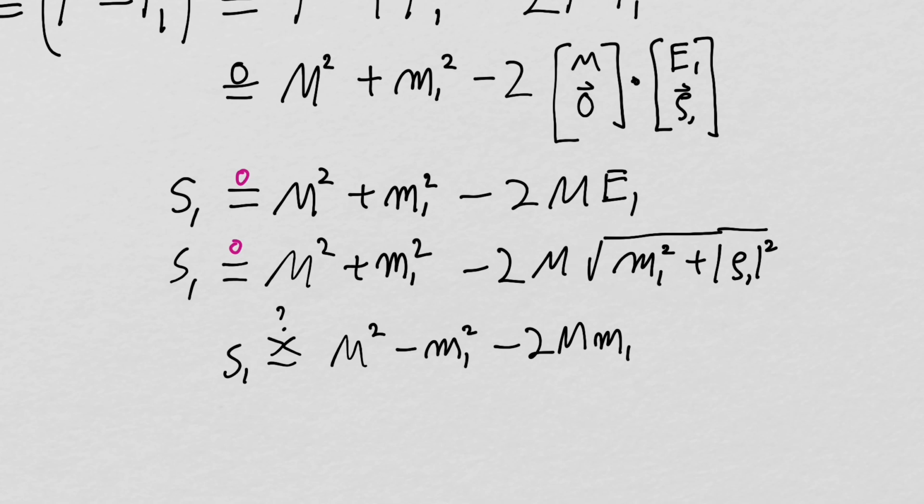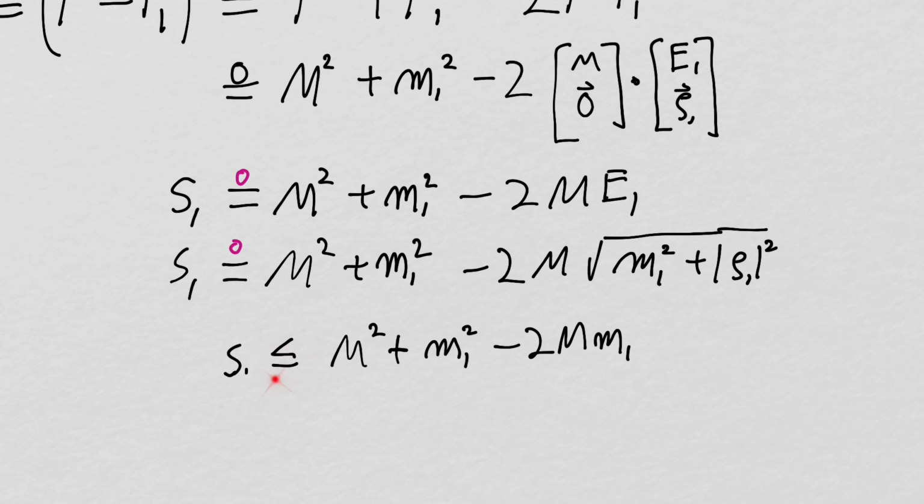So what's wrong? This needs to be a plus sign. That needs to be a plus sign. And so this is as small as it can be. So the difference between the sum of the squared masses and this product of masses, if that's as small as it can be, then the difference is as large. Then this number is as large as it can be because you're subtracting the smallest possible thing from some positive number. And therefore, this